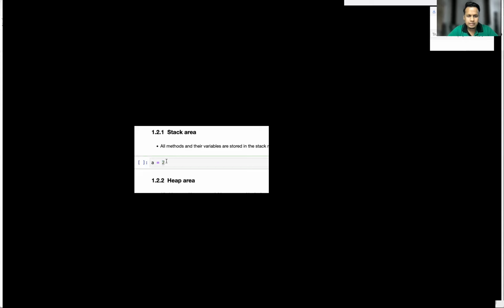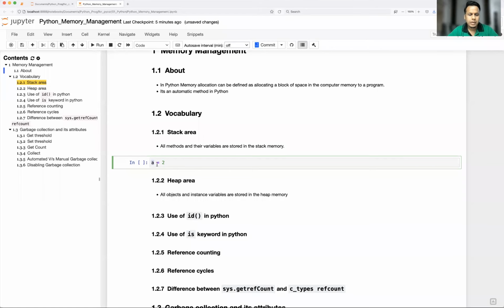What does it mean? a is not holding 2, it is holding the reference of 2. So 2 is going to be stored in the heap area as the object, and a is nothing but your reference, a bucket or a placeholder. This placeholder is going to have the address of 2. Where exactly it is stored in the heap, that address will be stored in a.